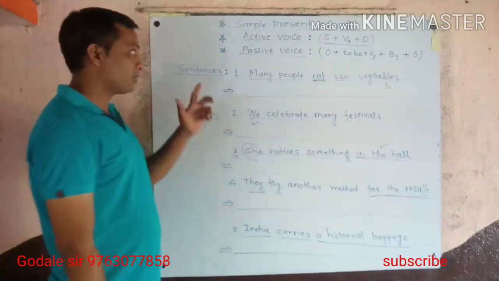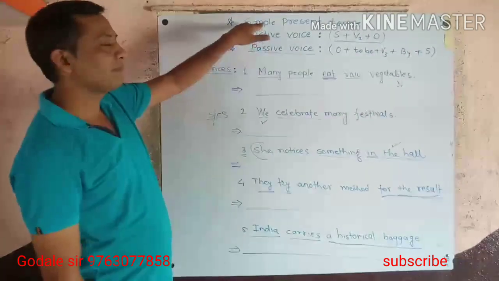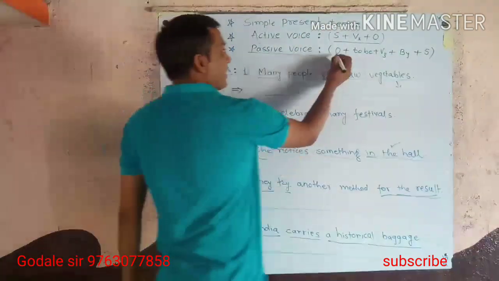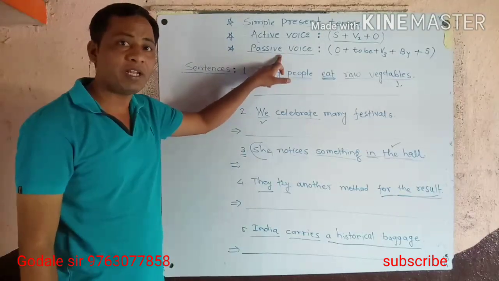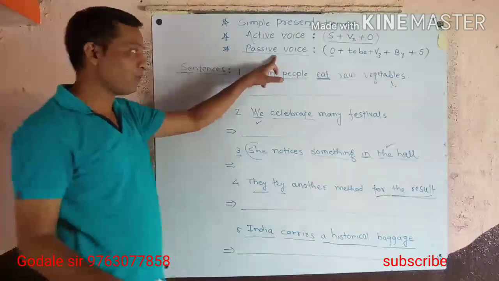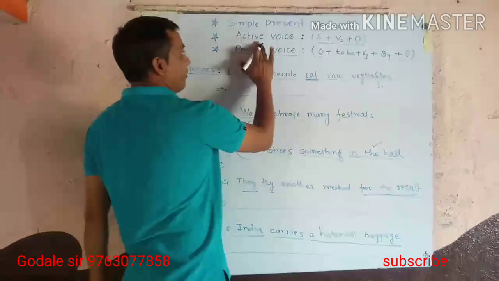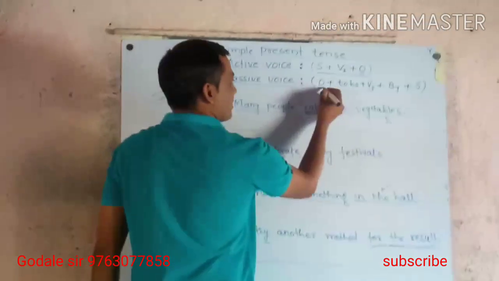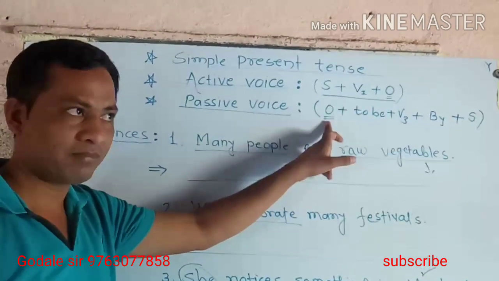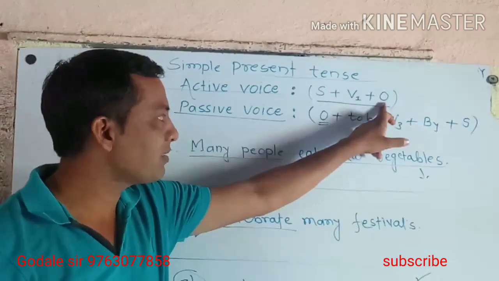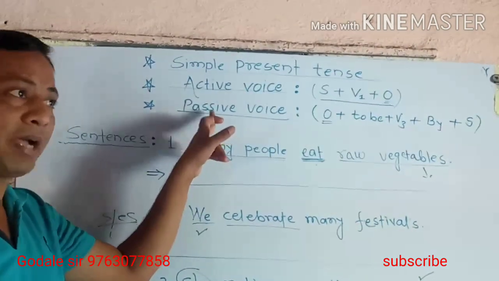But now we are going to focus on how to convert active voice into passive voice, but of simple present tense. So I have written here a formula. If you have the formula, then there is no need to read the rules and regulations of converting active voice into passive voice. So look at the formula. What is here? I have placed the object of active voice into the subject of passive voice. That means it should be written at the beginning of the sentence. It means that the object of active voice becomes the subject of passive voice. You should keep this in mind always.